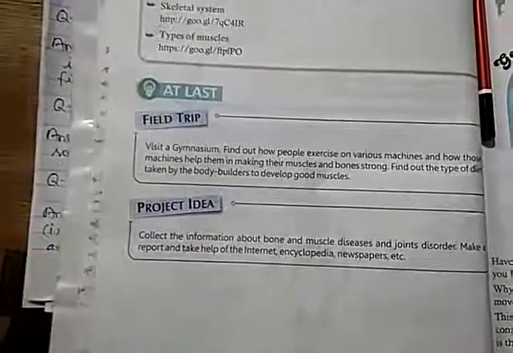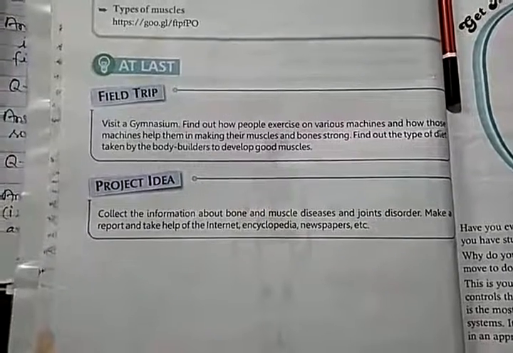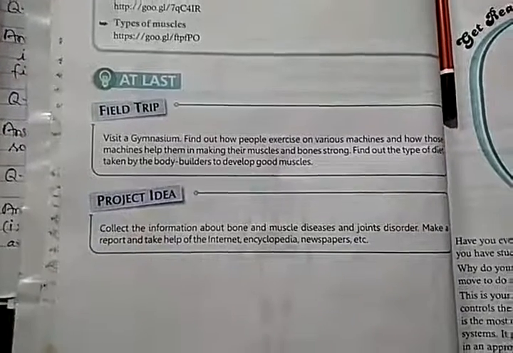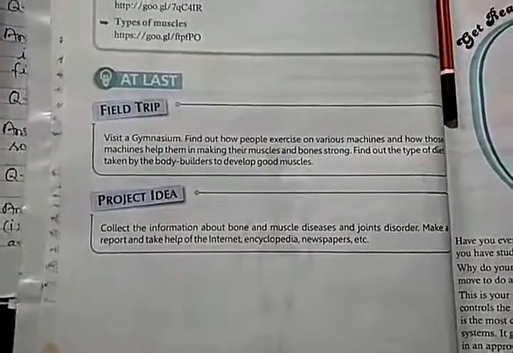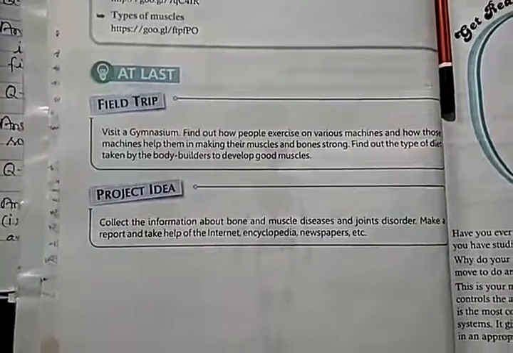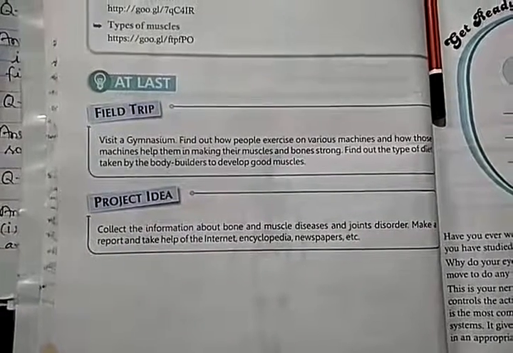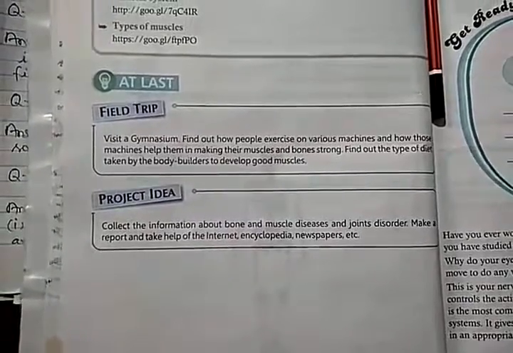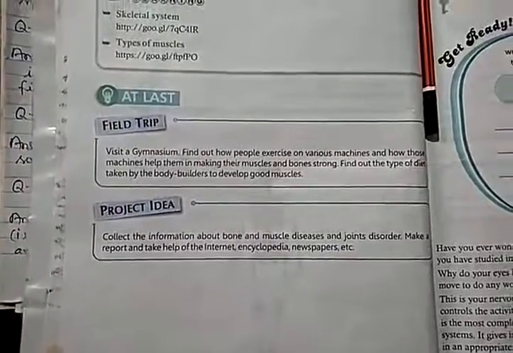Okay students, complete this activity in your notebook. Your first, second and third chapters are complete. Write these three chapters in your notebook properly. First you will write the word meanings, then after it write the question answer, then in the last you have to write the activity after each chapter.